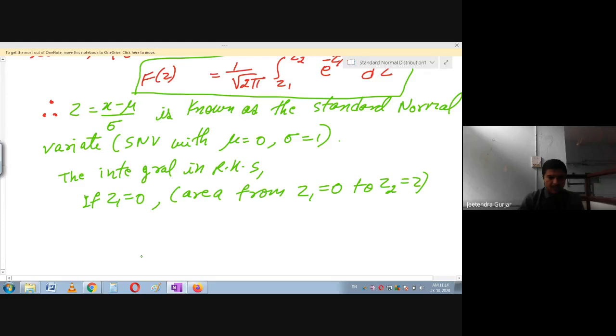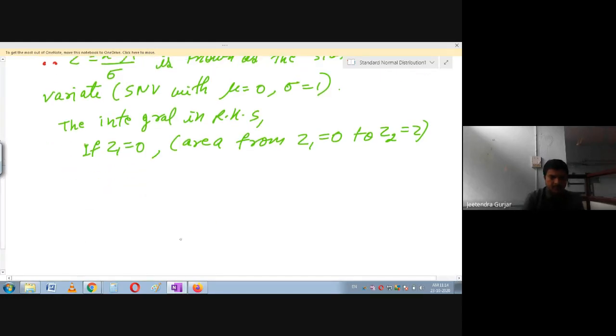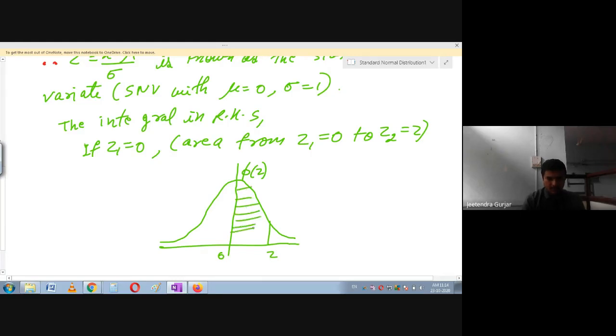If you take the area here, students, just go through the curve, made very simple. In the last class also we have seen this. This is our normal distribution, a bell-shaped curve. Let us say this is the normal curve. We have taken this function as phi of z. This value we have taken as 0, and this gives the area from 0 to z. This area you get by using this formula from 0 to z.